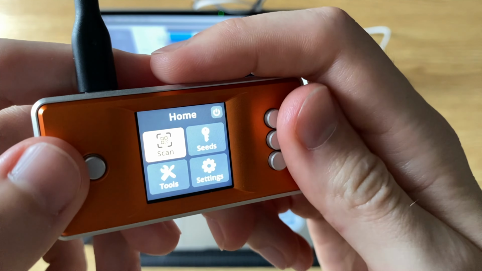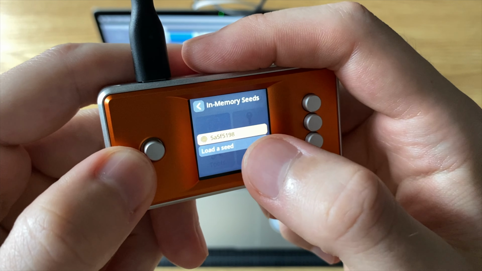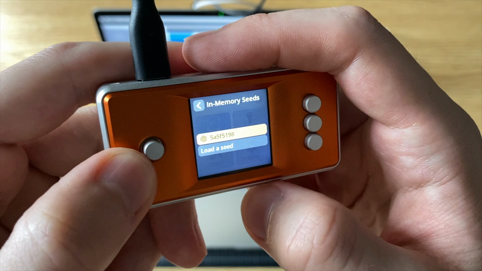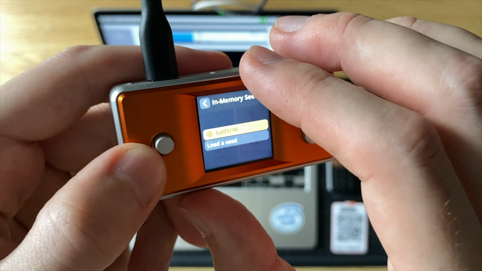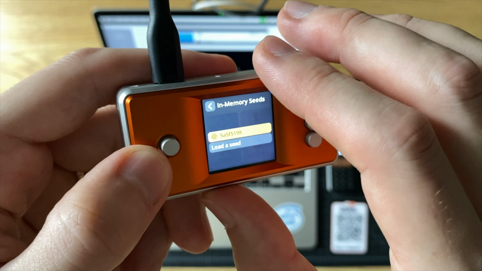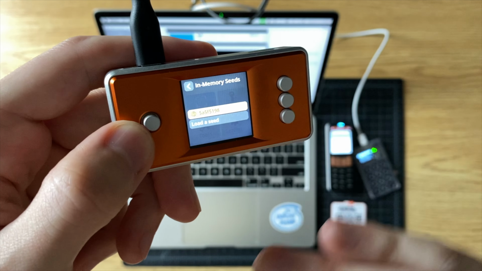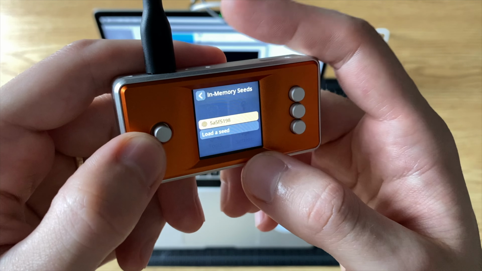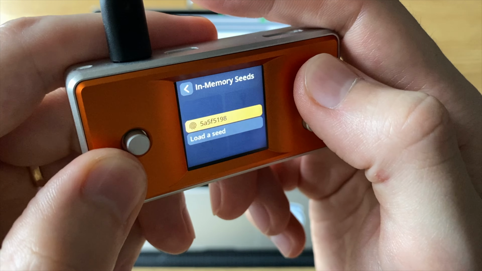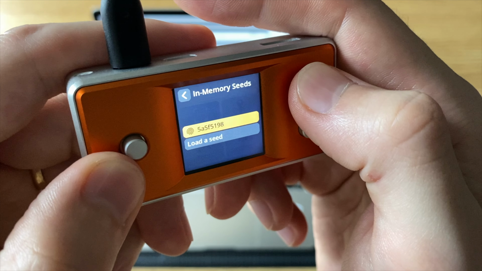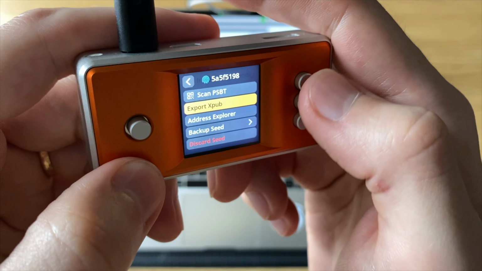What you'll do on the SeedSigner is go over to your seeds, okay, and it'll show you all the seeds you have in memory for the current session that you're in. When you unplug the SeedSigner, it will erase all of these seeds, so you'll have to re-enter them. But this is the current session, right? This is the one that we just entered with the passphrase. We can click that, and now we go down to export xpub,